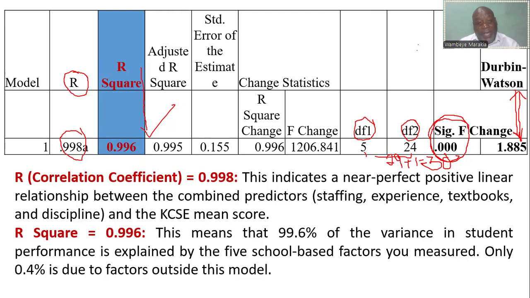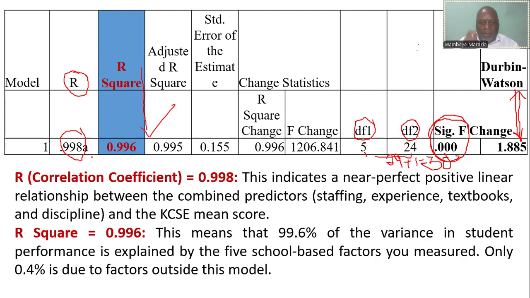When you are using multiple linear regression, we use uppercase R, capital R. And this one actually indicates that there is a linear relationship of 0.998,